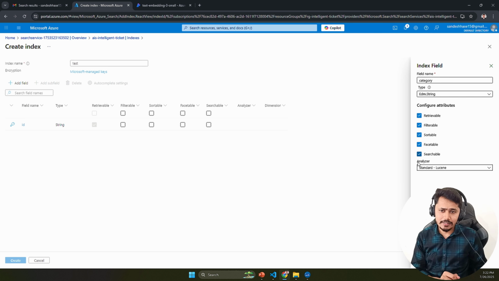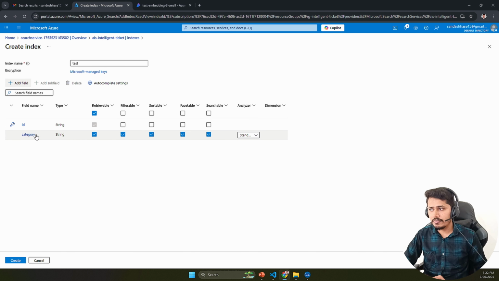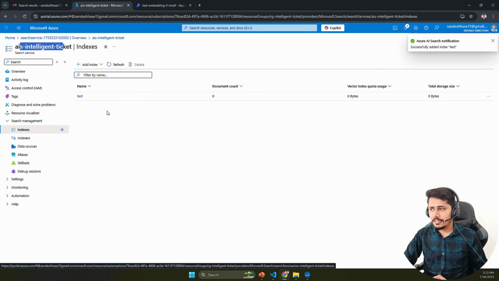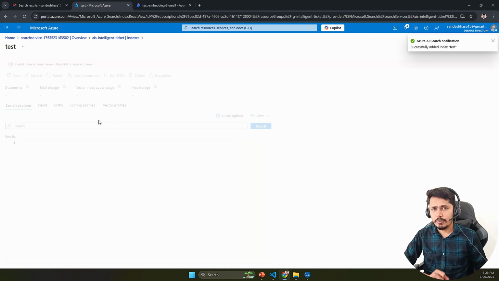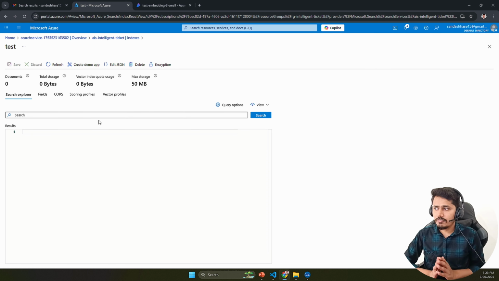So that is the reason you can enable these fields, and then you can click on save. You can see this particular field is created. And once this mapping is created, let's say if I'm clicking on create, you can see the mapping is available, and here you can upload your document. Now instead of writing this or uploading the file manually, we'll be using a code in order to create this